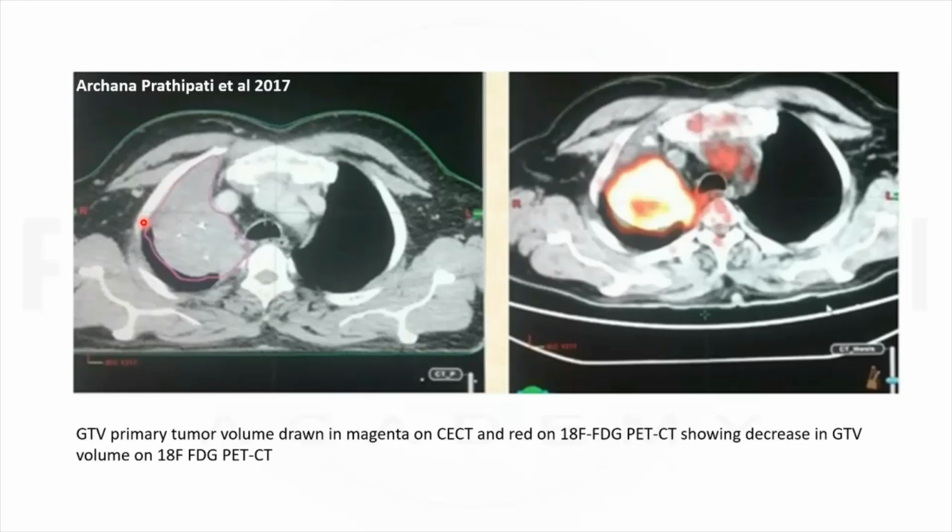But by means of an F18 FDG PET CT scan, we can now tell the volume of tumor that is glycolytically active. So now by means of nuclear medicine, we are revealing information at the molecular scale also, because the volume of this tumor is glycolytically more active. What it means is they have higher expression of the GLUT transporters. So by means of nuclear medicine, we are revealing something more than anatomical imaging. We're now telling you about the glycolytic rate, receptor expression, and many more things. And that's the advantage of nuclear medicine, that it can tell you more about what's going on at the molecular level.